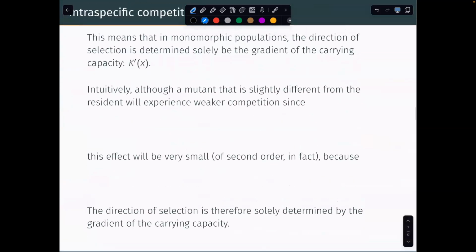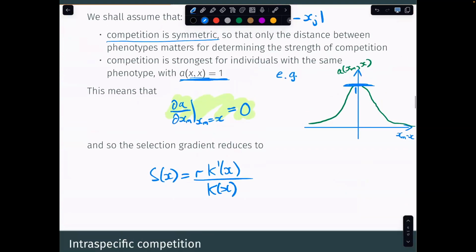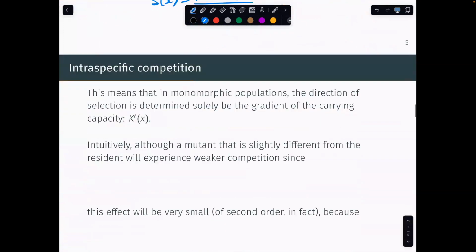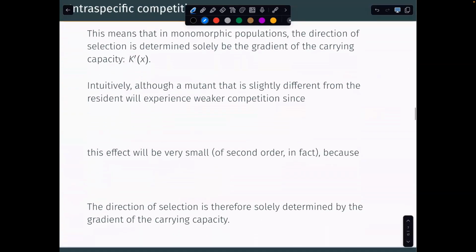And it depends on the direction of selection. So this carrying capacity, by definition, the denominator has to be positive, right? Because it's a carrying capacity. R has to be positive as well. So the direction of selection depends entirely on this k prime, the gradient of my carrying capacity at a particular point. So intuitively,